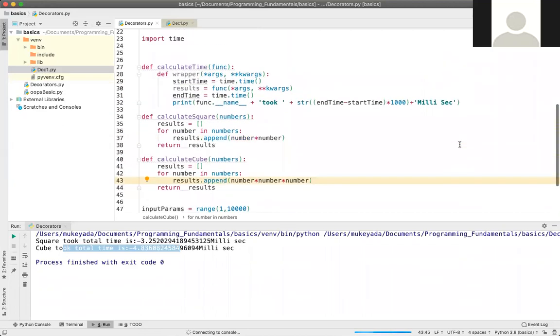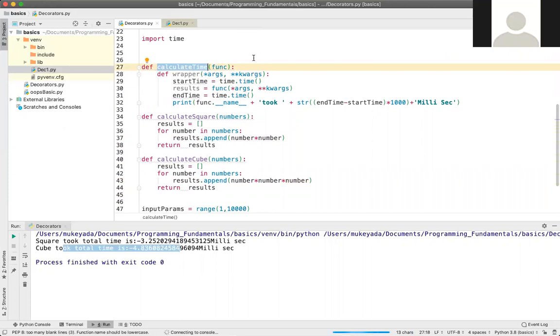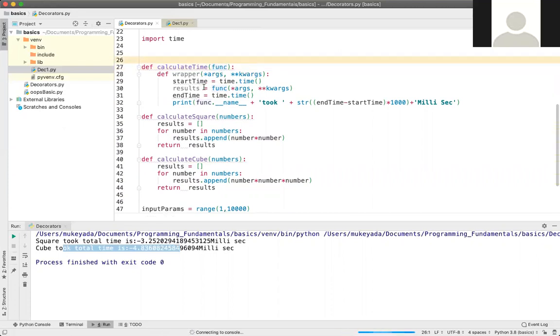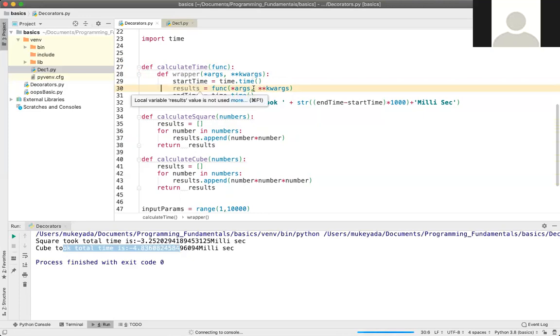Guys, see, so I just created one calculate time utility function, right? Here we are taking another, different function as an argument, which will do some decoration part on that, and it will return. So we created one inner function, the wrapper function. Inside that it took two arguments, and I'm just calling that function with the arguments and calculating the end time.